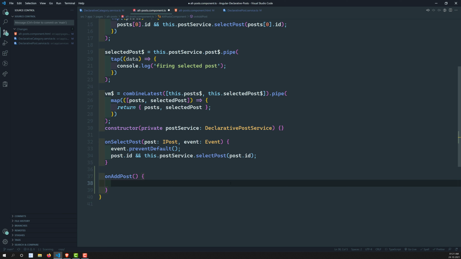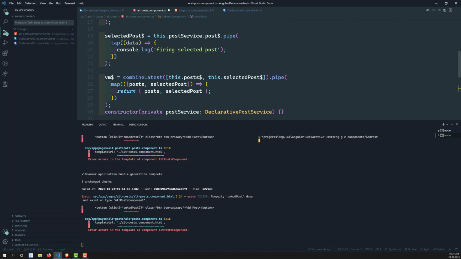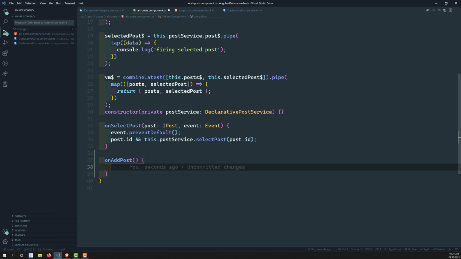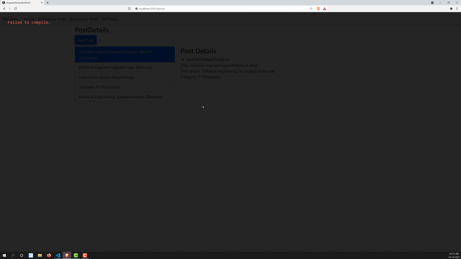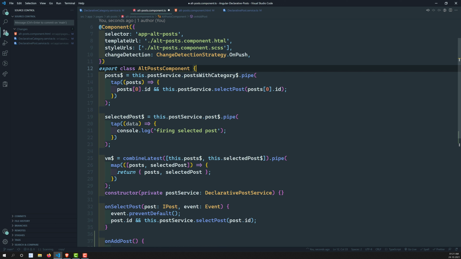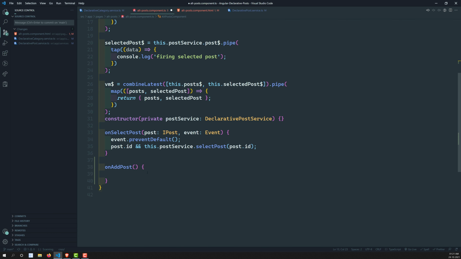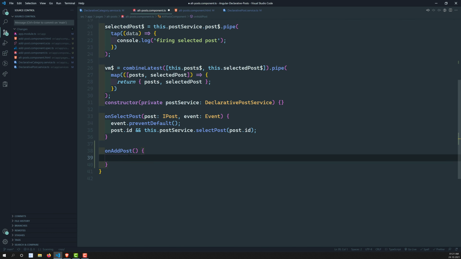So now let's create a component. Here, ng g c components, and I will use add post. So that's it, let's create the add post component. For the time being, when we are trying to show the add post form, we should not show the single post here. So I will maintain showAddPost. Showadd post is equal to false. So the first time I will keep it as false, and when the user clicks on add post, I need to make it true.